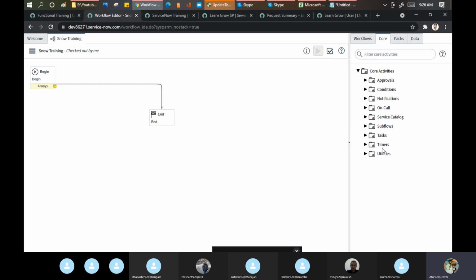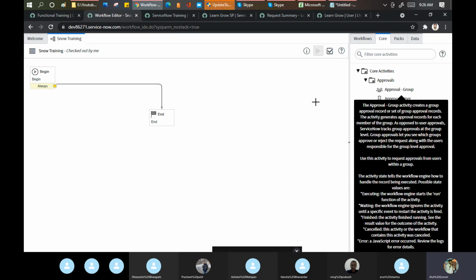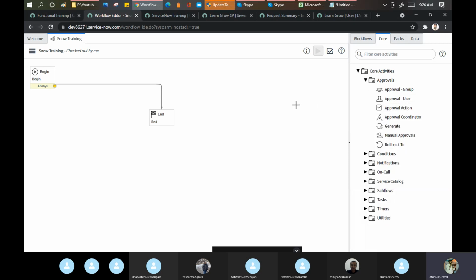So now what we will do is set up an approval mechanism first. In approval I have multiple options. If, as Dhanashri told, she is still with her father, she needs approval from both father and mother, so it will be a group approval. If she is married and residing with her husband in some other city or country, then the approval will go to a user. We are mainly using the approval group.